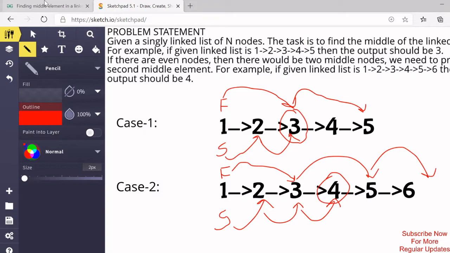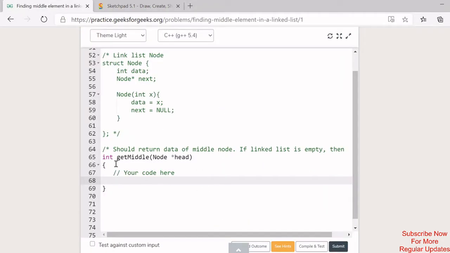So let's proceed to the code. Here is a function in which we are given the head of the linked list and we have to return the middle value. We create two pointers, node star fast initially pointing to head and node star slow also initially pointing to head.